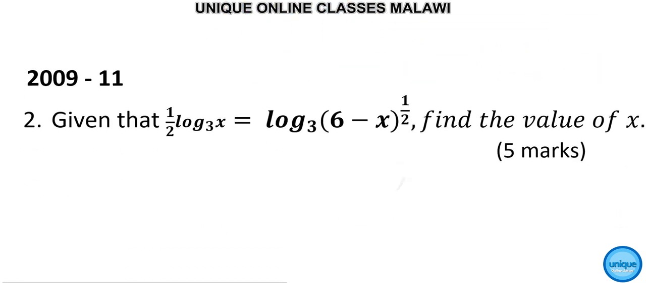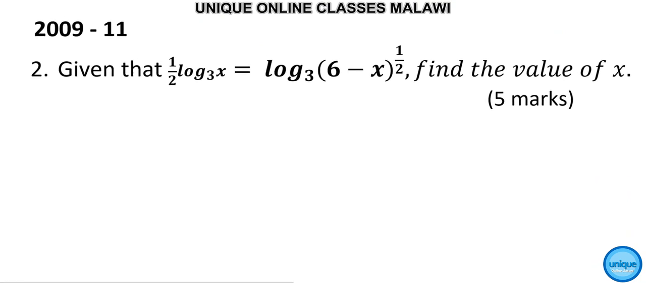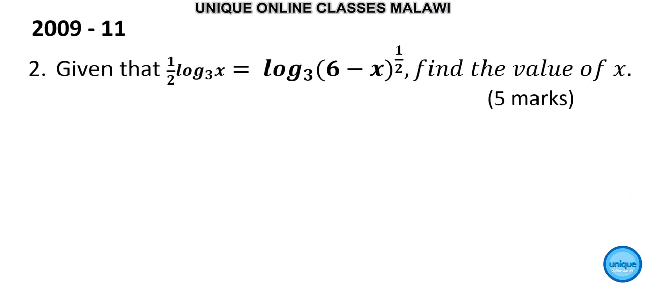So another question, it reads, given that half log x base 3 is equal to log of open bracket 6 minus x raised to the power half base 3, we should find the value of x, and the marks awarded are 5 marks. It was asked in 2009, question number 11. So what we need to do here,